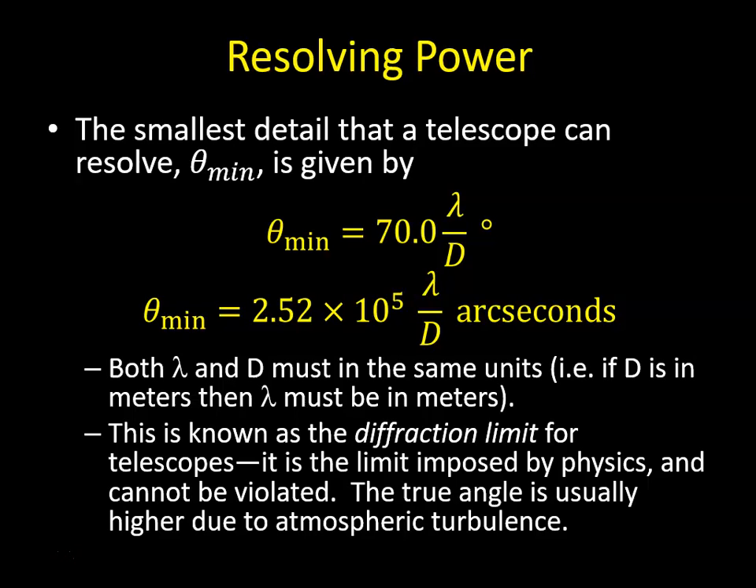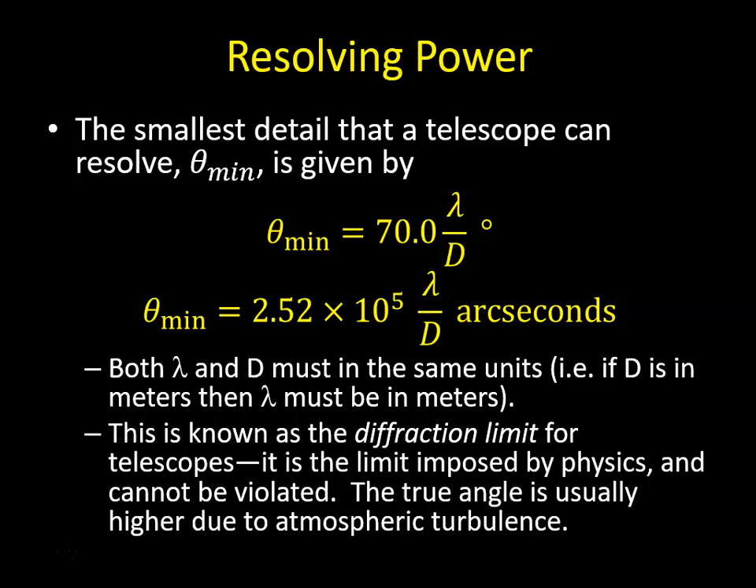The first is that the shorter the wavelength of light, the smaller the resolving power. Second, the larger the aperture, that is, the diameter of the lens or the mirror, the smaller the resolving power. So resolving power is inversely proportional to the diameter of the lens or mirror and directly proportional to wavelength. Now, you want a small resolving power, because what this means, this theta min, is the minimum angle that two objects would need to be apart in order for you to be able to recognize them as two separate